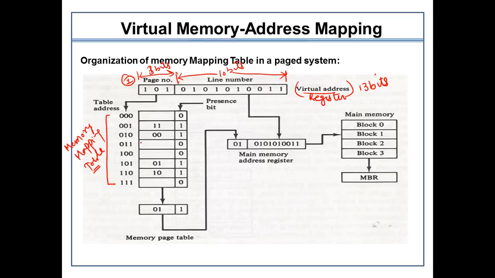What we have is that the size of this table is 0 to 7, which means it consists of 8 data values. Within this memory mapping table, we have stored certain 2-digit values. See, this is block 0. I could say it is representing the 0th value, 0, 1, 1, 0, and 1, 1.